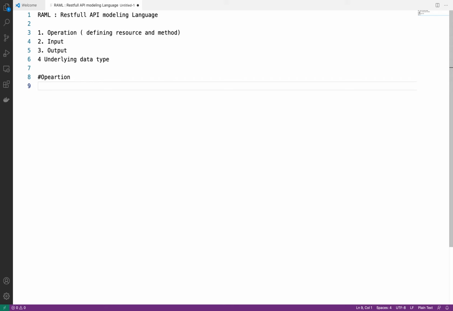So what operation we are going to perform? We are going to create one resource, and what name will we give to that resource? We can give the name customer. And whenever we define any resource, the resource name should be a noun and it should be plural. So here customer will be our resource.